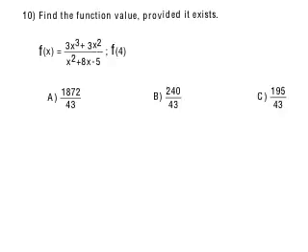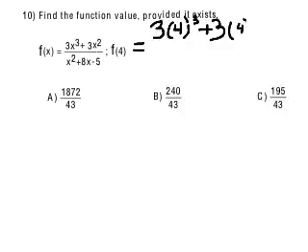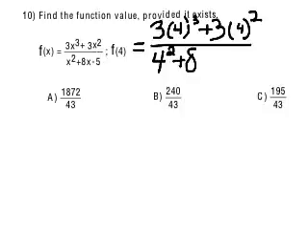Alright, number 10 says find the function value provided it exists. Okay, so the function value is f of 4. So we just plug in the 4 for all the x's in that thing. So we've got 3 times x cubed, so I'll put a 4 in here, the third power, plus 3 times x squared, so it'll be 4 squared here, divided by x squared, so 4 squared, plus 8 times x, which will be 8 times 4,